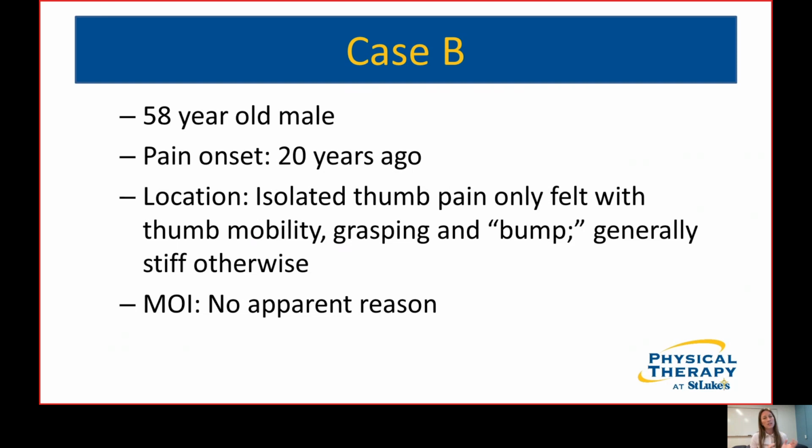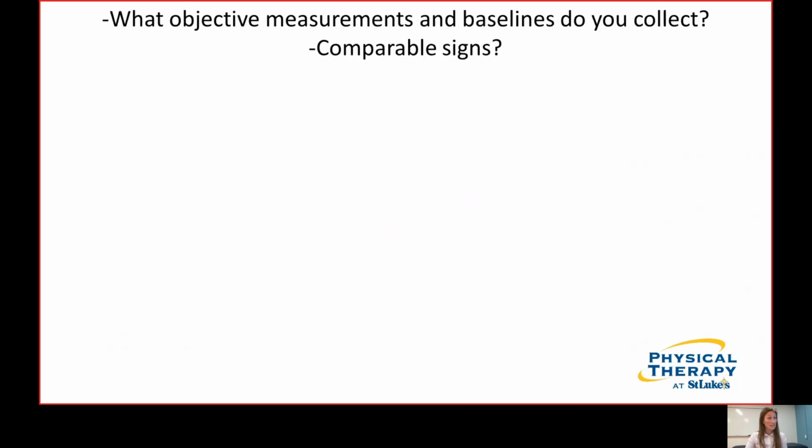And his kids are getting older, his son's getting into wrestling, they're roughhousing more. So he's finding that he's bumping it more often, but the pain is exquisite, makes him jump out of his skin. He denies any symptoms anywhere else, and he cannot report any mechanism of injury. Had this for the longest time, cannot figure out where it came from. No falls, no injuries, nothing like that. So for him, same thing.